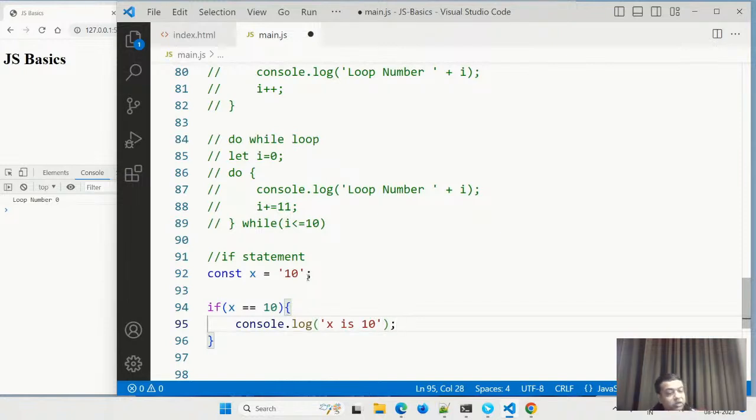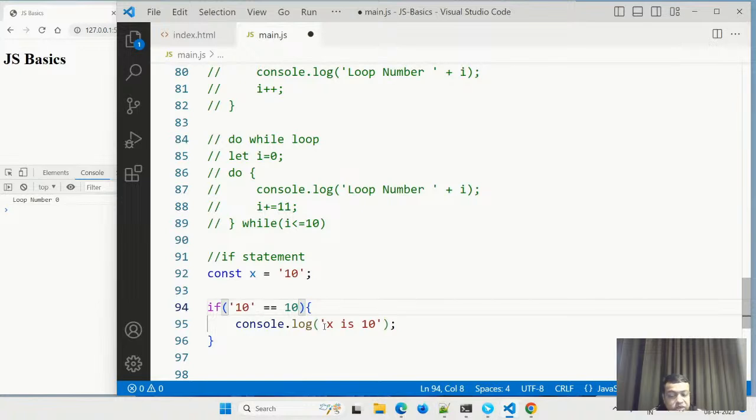All the concepts which I'm telling right now are also there in all other programming languages, like Java. These conditionals are there. This is known as checking of the condition, and this is the assignment operator. This is the conditional operator. We can have greater than, less than also. So it will check whether x is equal to 10. When this statement runs, it will take x here and check. In almost all programming languages, the if statement is like this. This is a false thing, so this will not execute. An if statement only executes if the condition is true.